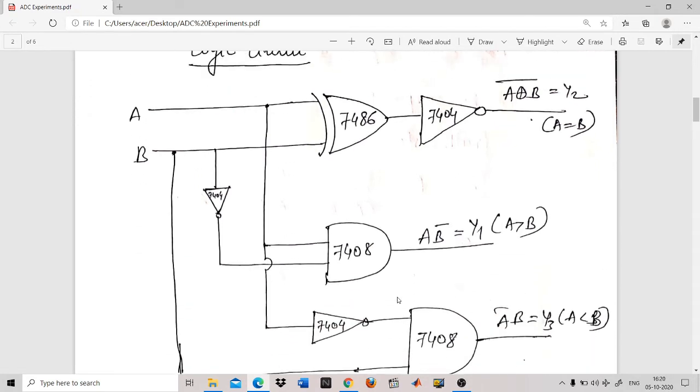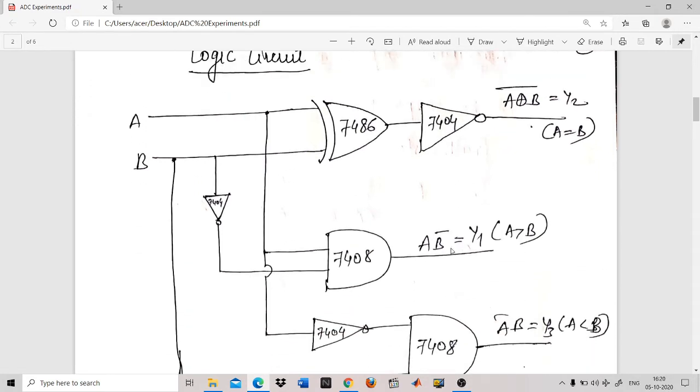Similarly, in case of Y1, that should be A B bar. So you take A from this point and B, but before B you have to make it inverted. So we have placed a NOT gate here. 7408. Now similarly for Y3, A bar B, the same procedure has to be followed, but in the reverse fashion.